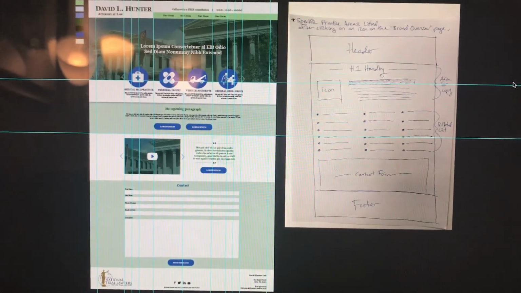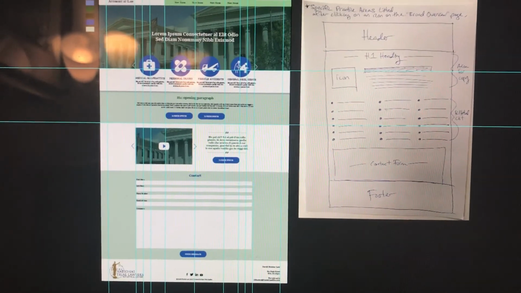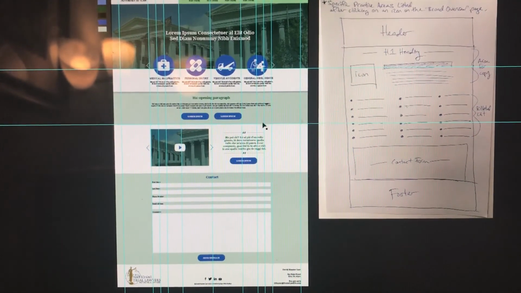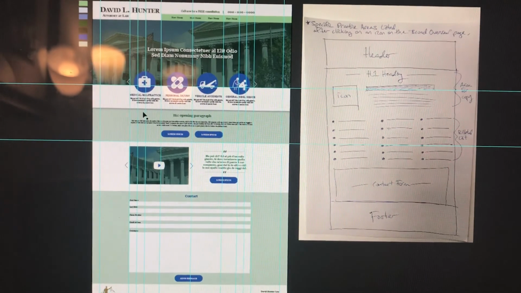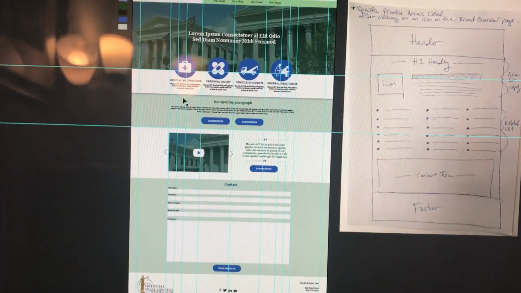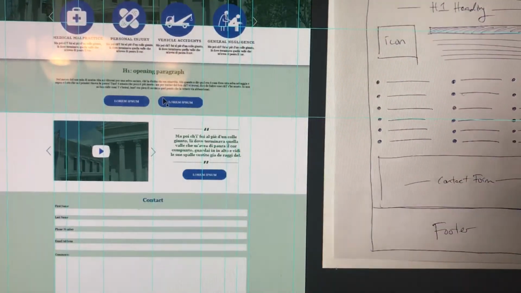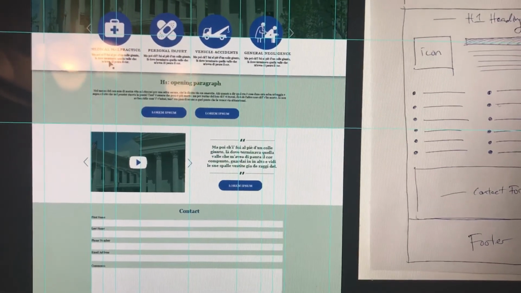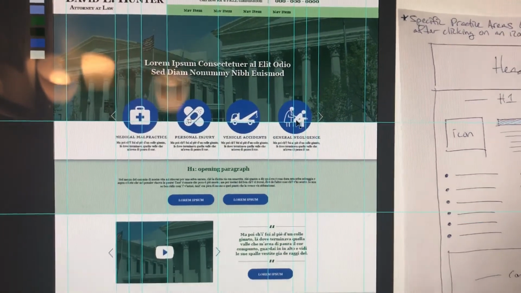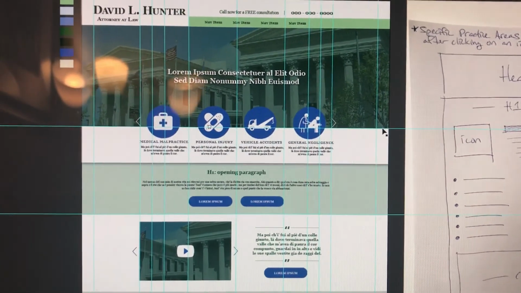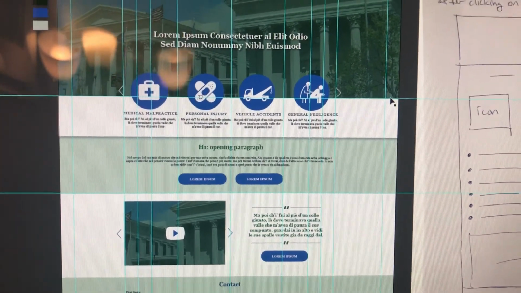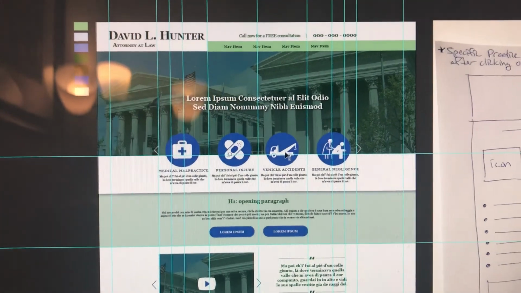Okay, so we are going to create a subpage from the general practice areas. Yesterday I showed you how to create a general practice area page. What I've done actually here is, I realized that we should probably just have these in place of the icons that we had yesterday on the home page. So we are going to scratch the general practice areas page and just have the icons here on the home